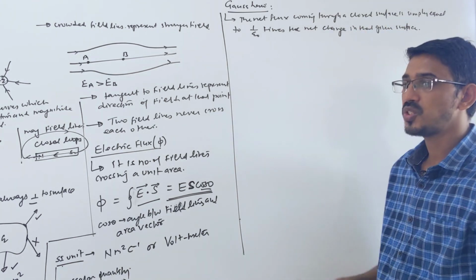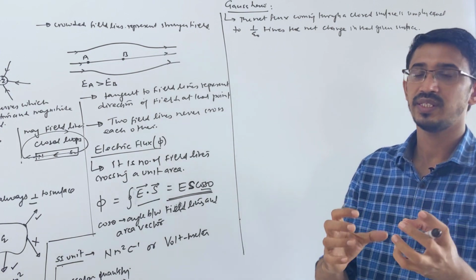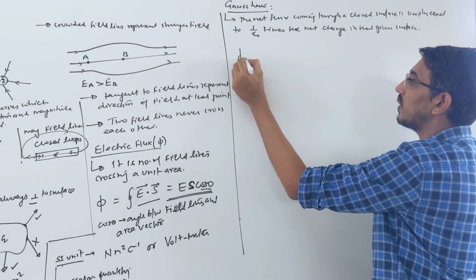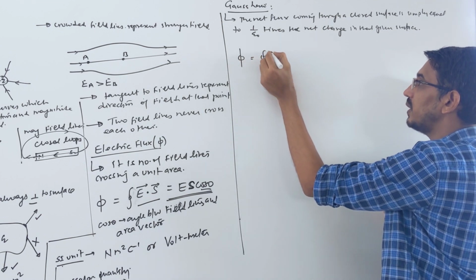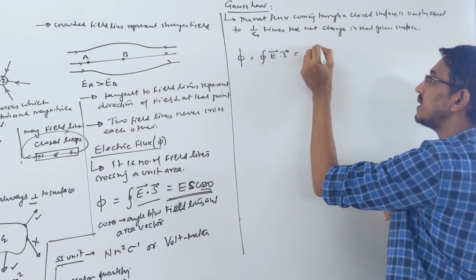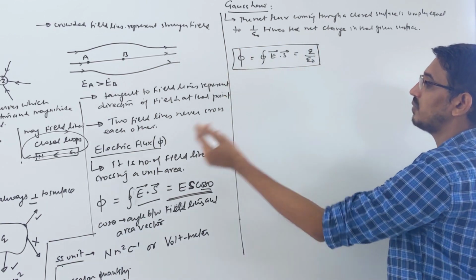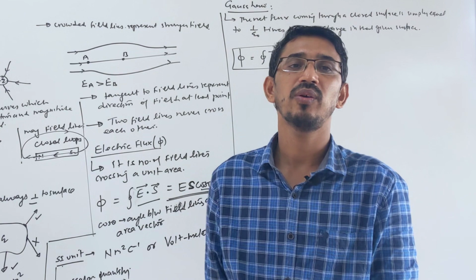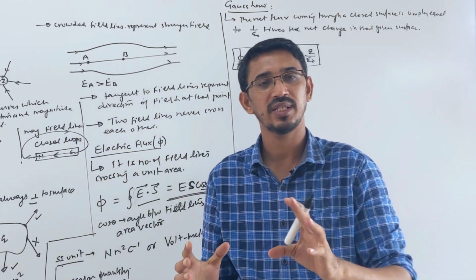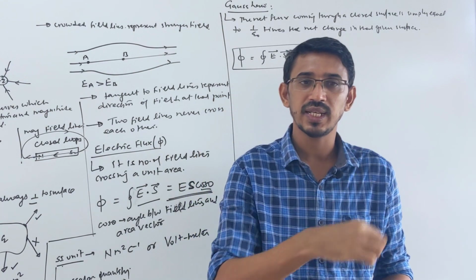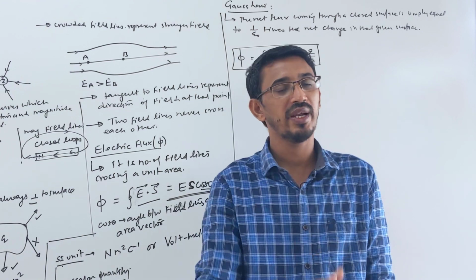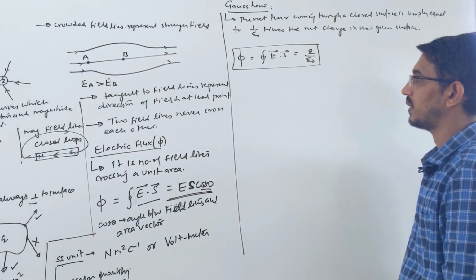And how much net charge we have inside that surface, times 1 by epsilon naught, that gives the net flux. It means you can write this flux, closed integration of E dot S, is simply equal to Q upon epsilon naught. This is the simple form of your flux. Flux is simply equal to net charge, okay. We can have plus charge, minus charge inside that closed surface only, that is what we are talking about. So net charge by epsilon naught gives the net flux coming through that surface.